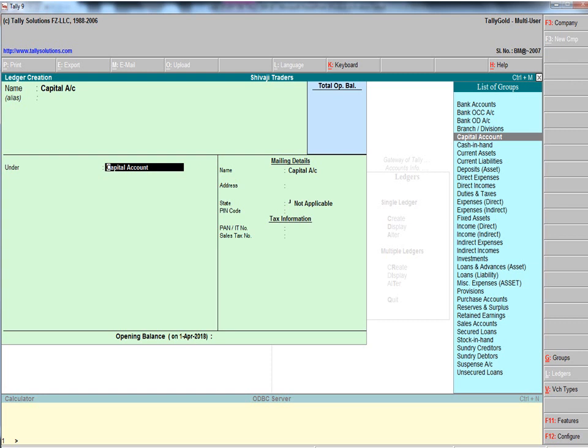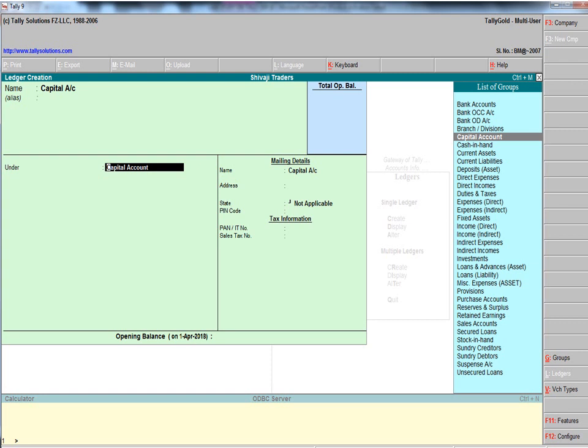The cash and profit and loss accounts already exist in the computer, and you have to create a capital account here and name it. After entering the name, when you press the enter key, the cursor automatically comes under capital account. On the right side of the screen a list of groups is displayed, and you have to select according to the ledger heads.